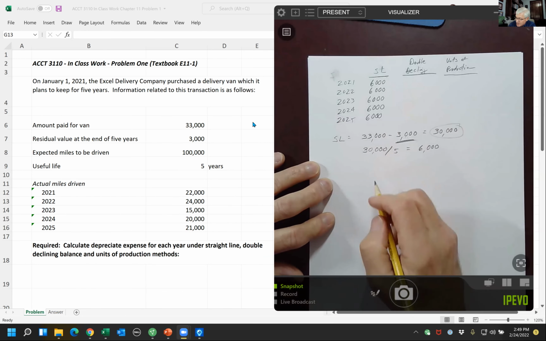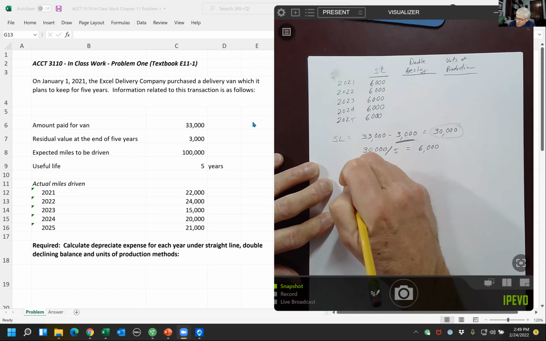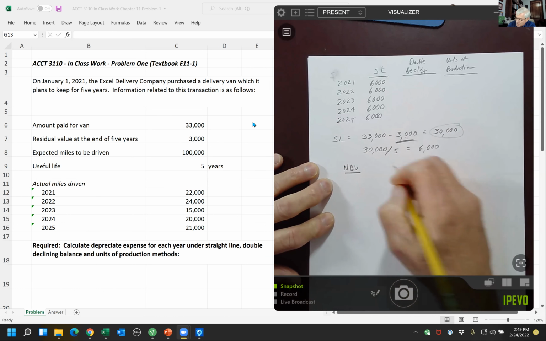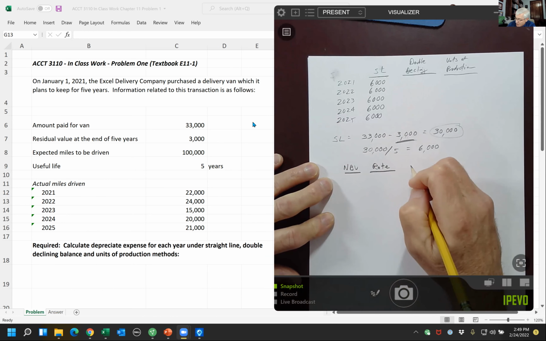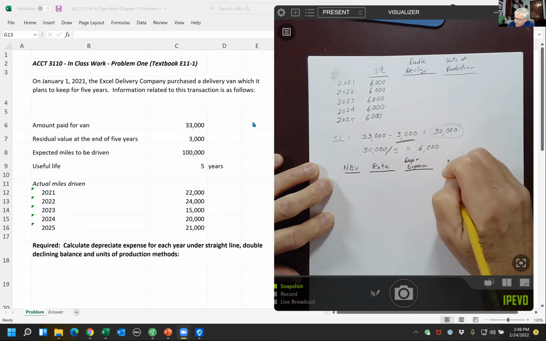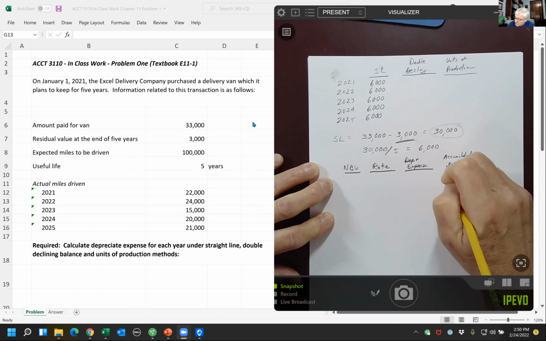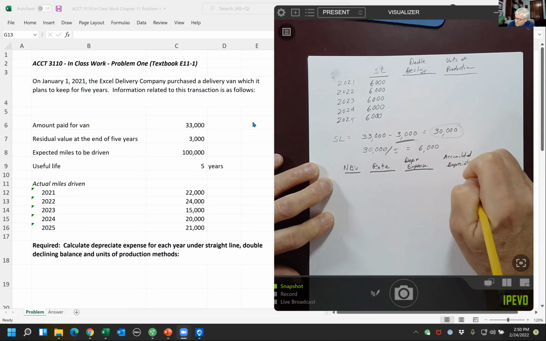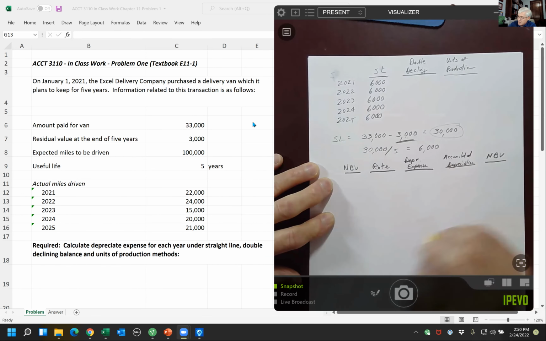Now, double declining takes a little bit more work. So I'm going to put some columns here: net book value, rate, and let's see, depreciation expense, and accumulated depreciation, running balance, and we're going to need this net book value every year to do the double declining. So let's just go